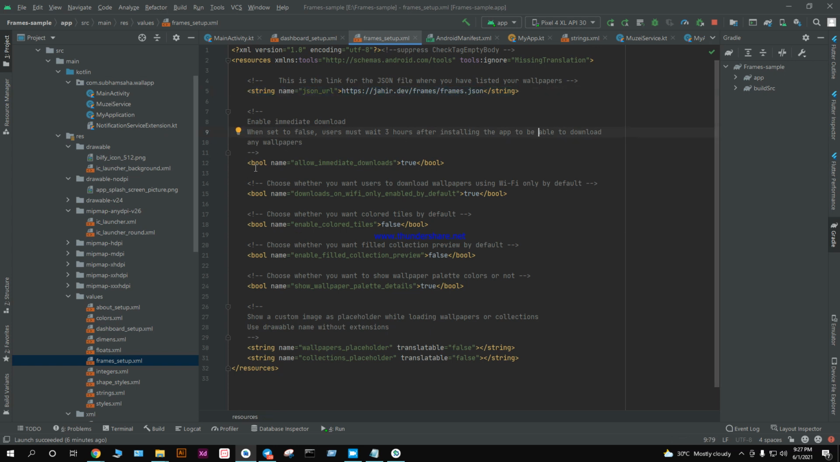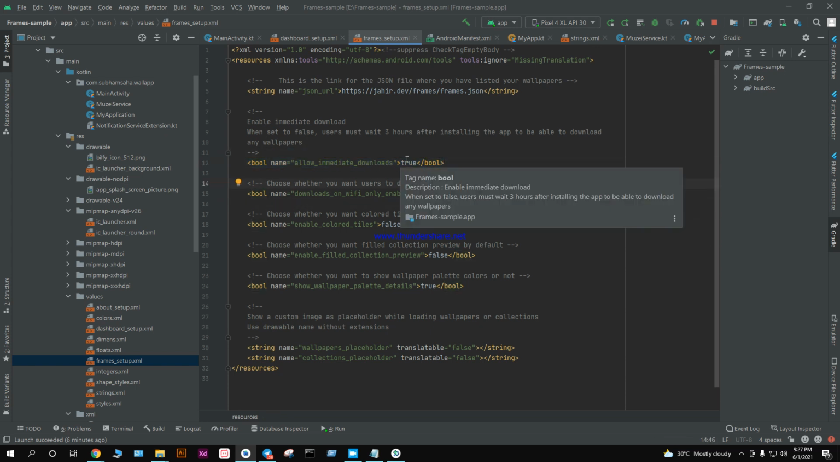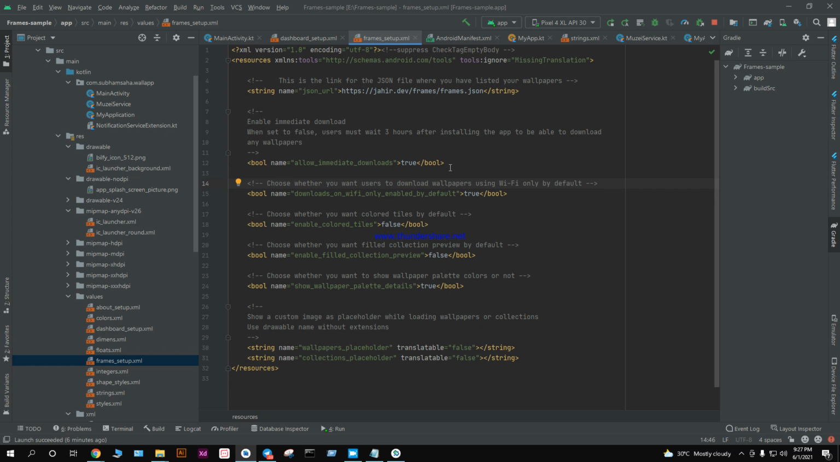Now the next one, allow immediate downloads, it has been set to true. What that means is that when the user installs the app for the first time from the Play Store, if it's set to true, then the user will be able to download your wallpapers right after installing the app from the Play Store. But if it has been set to false, the user will need to wait 3 hours after installing the app to download any wallpaper from your app. Why this is important is that